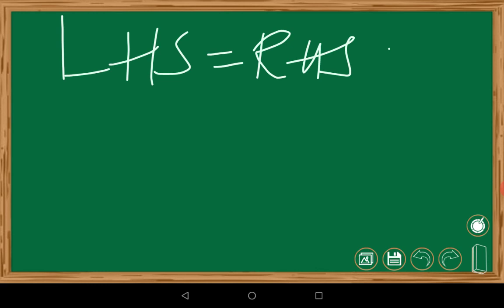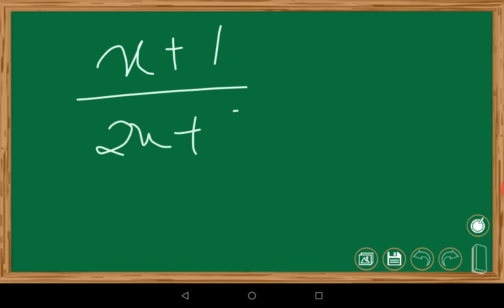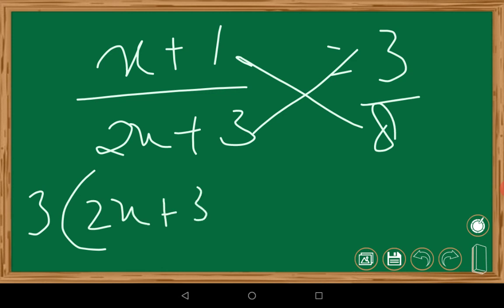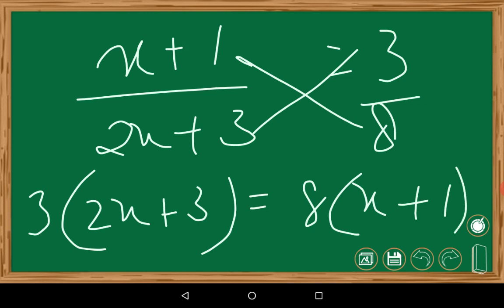reducing. Okay. And when you have problems in the last exercise like x plus 1 by 2x plus 3 is equal to 3 by 8, here also in this case you can just do the cross multiplication. How you will do it, I am going to explain now in a very simple way. Now 3 into 2x plus 3 is equal to 8 into x plus 1. That's all you have to do first. Then what will we get?